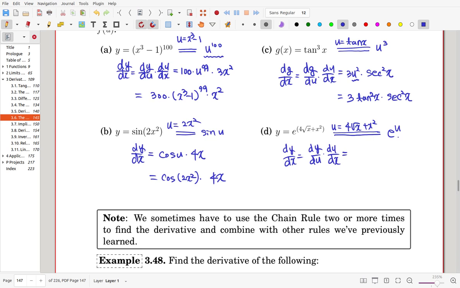The derivative of e to the u is e to the u times du over dx. Now let's try to get a derivative for square root of x. Square root of x is the same as x to the 1/2 power,